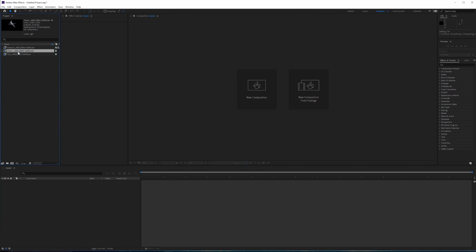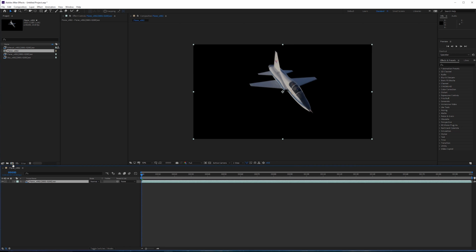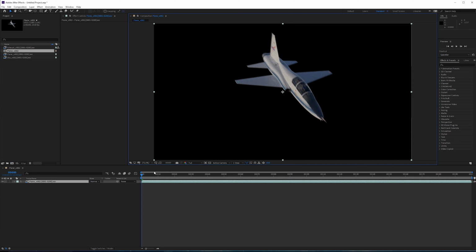I'm going to grab this plane sequence here and click and drag it into this comp film strip icon. What this does, it makes a composition that is the same length as the sequence with the same size and frame rate. Let's magnify this by clicking this button down here and fit up to 100%. This sequence is 200 frames, but generally for visual effects, you will put a slate on your first frame. We need to increase the length of our composition by 1 frame.